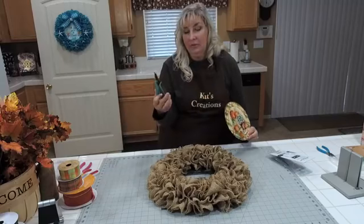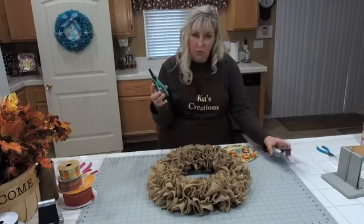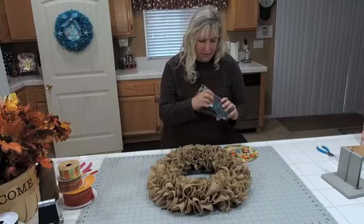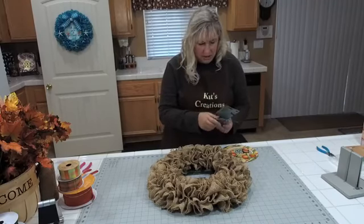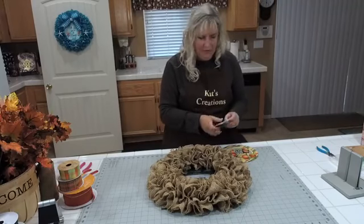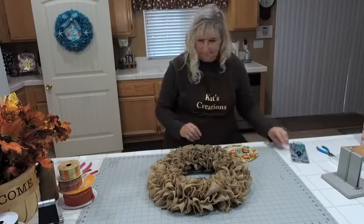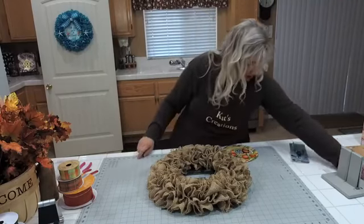These are with the Beadsmith 1.5 millimeter metal hole punch. So it's just like punching holes in paper. You don't have to have a huge amount of hand strength to pop your hole. It's just like punching a hole in it. And then I'm going to add...